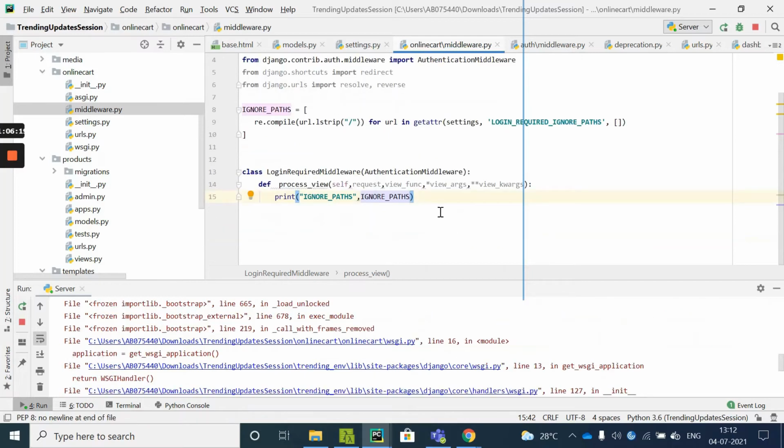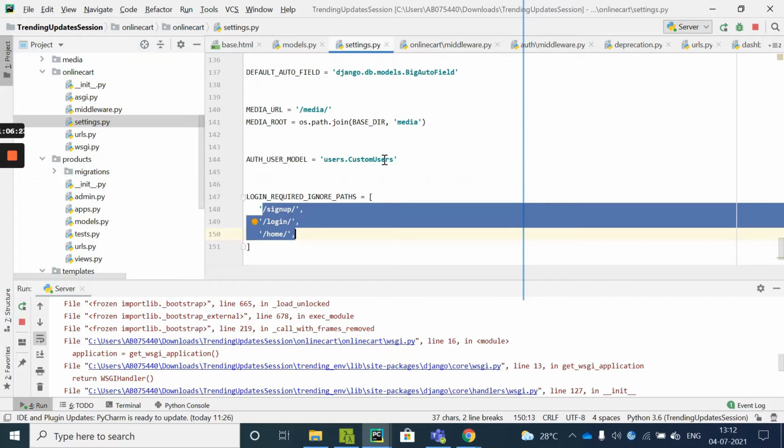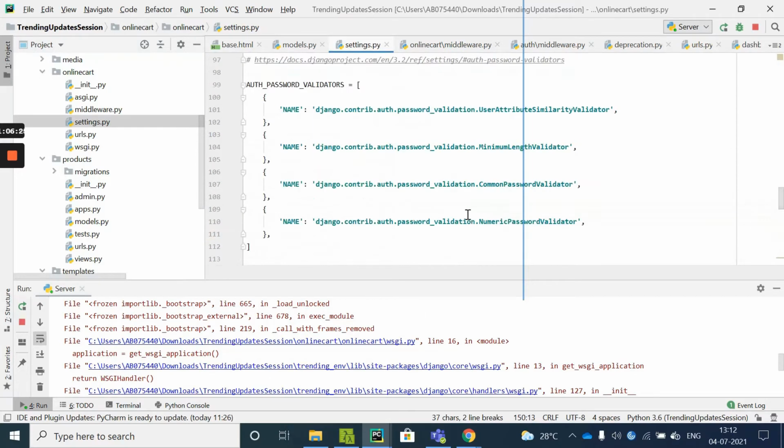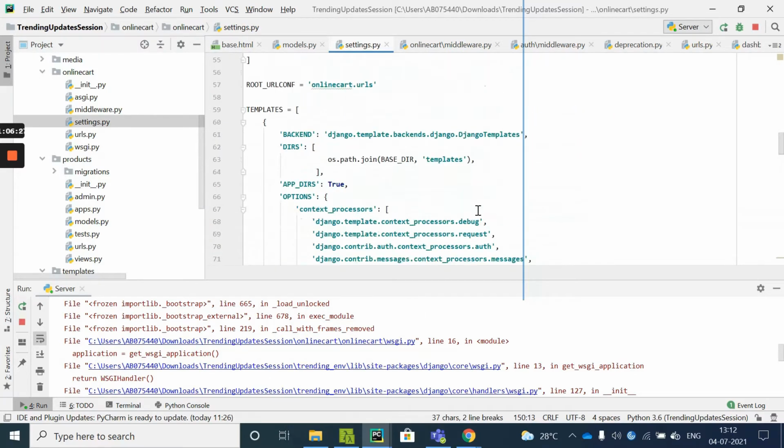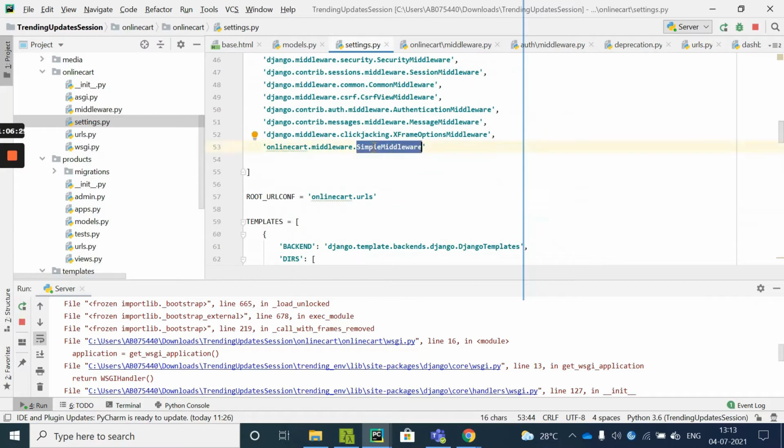But this is giving me a problem, and inside the settings file I am going to call the login required middleware. This is a simple middleware, login required middleware.